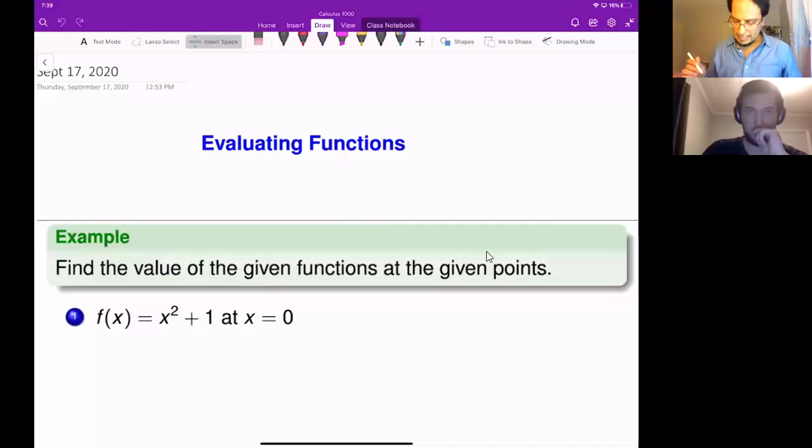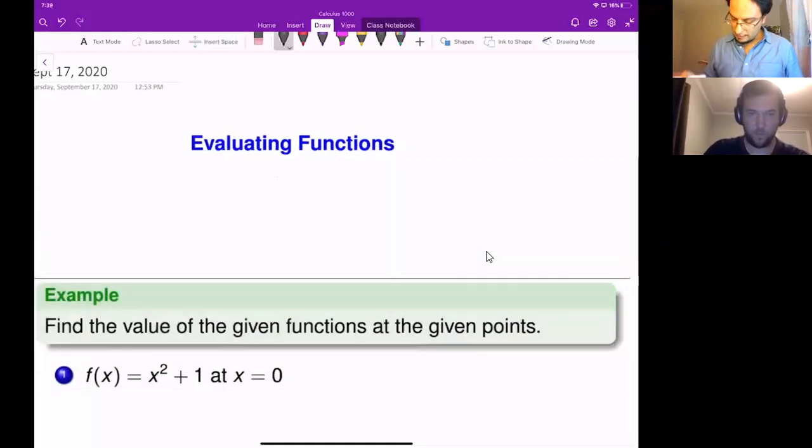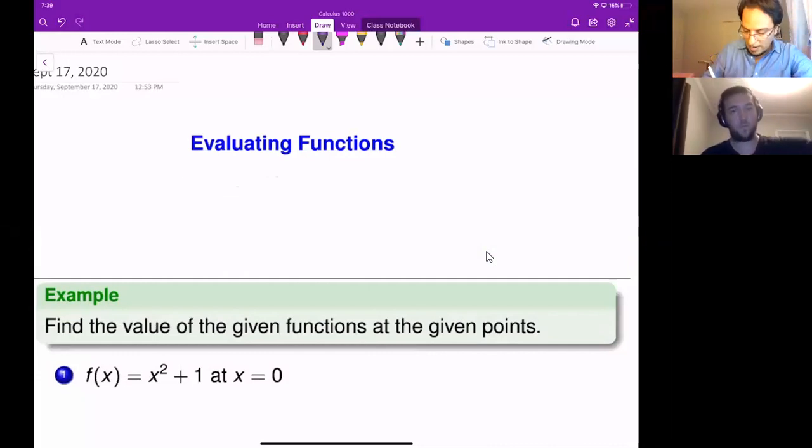Okay, so as I said, the session will be about evaluating functions. One thing about 1.1.1.2, which is basics of the functions. What I want you to remember or keep in mind is how a function is defined. Usually we have f of x equals a formula or some formulas